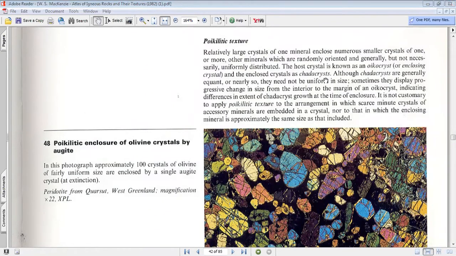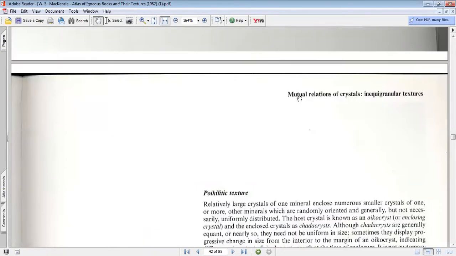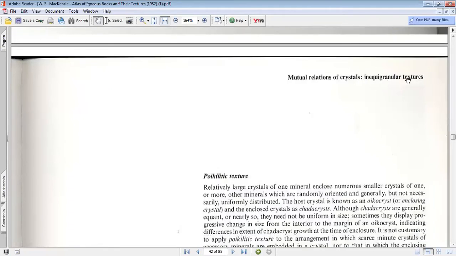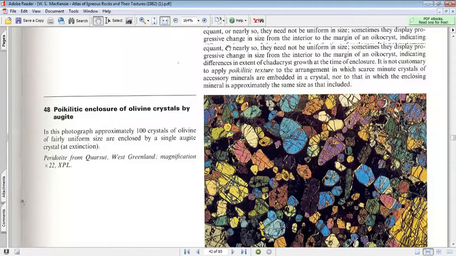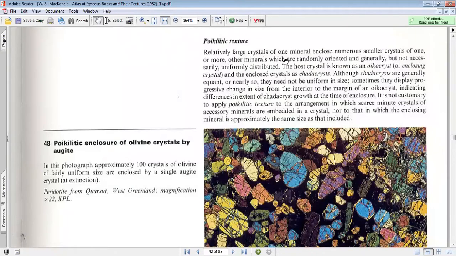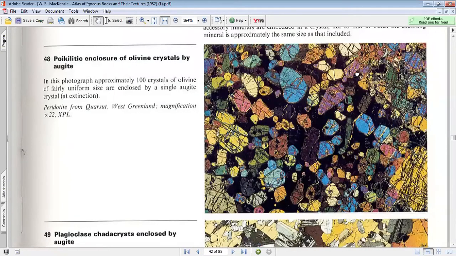some of the inequigranular textures as we are doing it. The main idea is the mutual relationship of crystals in inequigranular textures. So the idea for Poikilitic texture is that it has two parts. It has a large crystal, and it has small crystals that are embedded into the large crystal. You can say that it is just like a large bread that you use for pizza, and the bread is